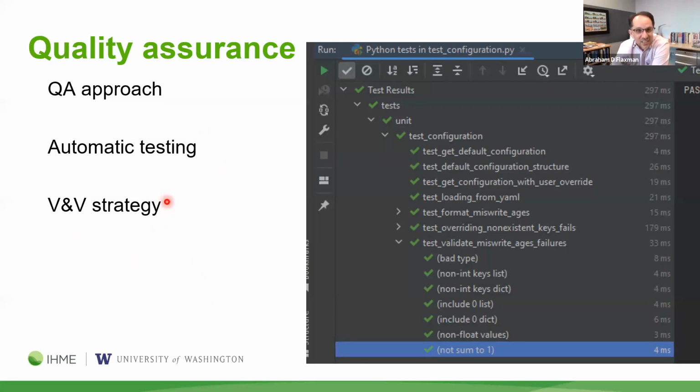And the V&V strategy here, this is a simulation term of art, the verification and validation strategy here really relies on both the engineers automatically testing if the code is doing what the researchers said it should do, but also the researchers testing if what they said it should do is really what they meant it should do.